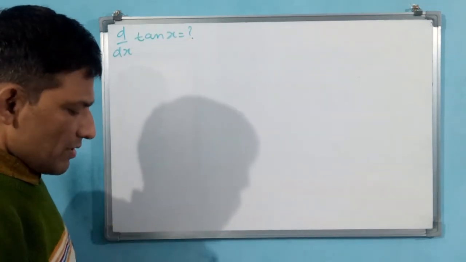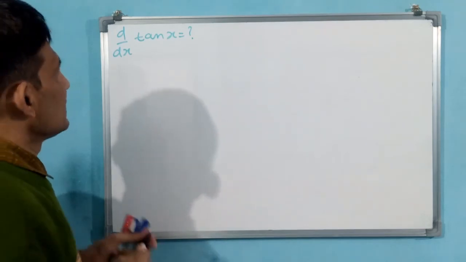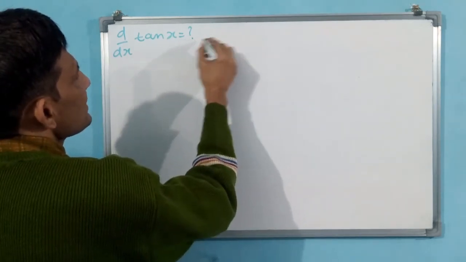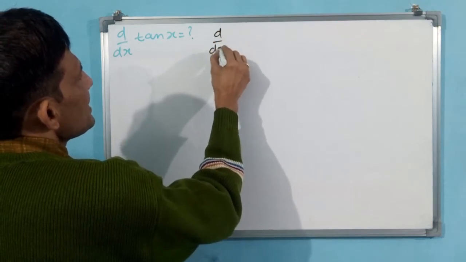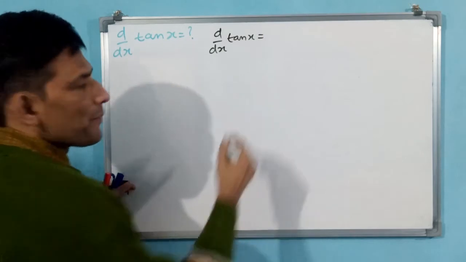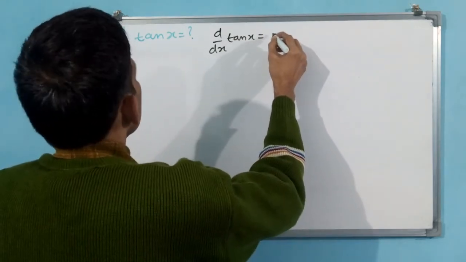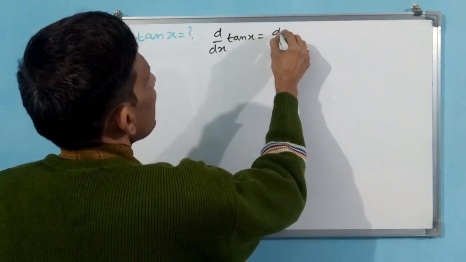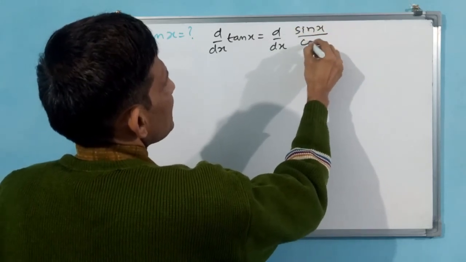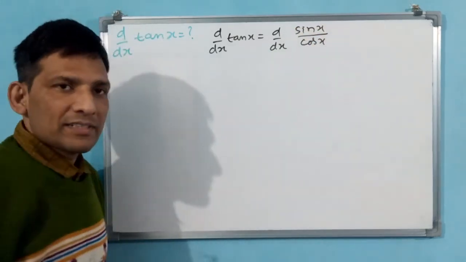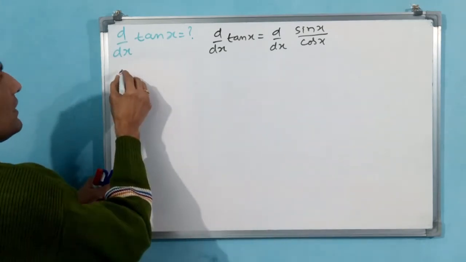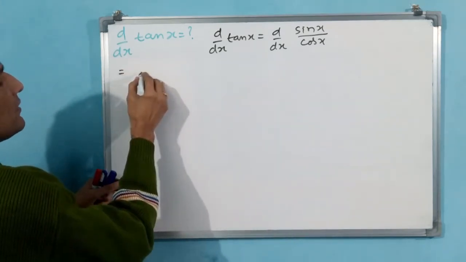Okay. How much? Okay. See, I am writing directly. d by dx tan x is equal to d by dx sin x by cos x. Why? Because we know d by dx of sin x and cos x, and we know the division formula. What is the division formula? That is equal to